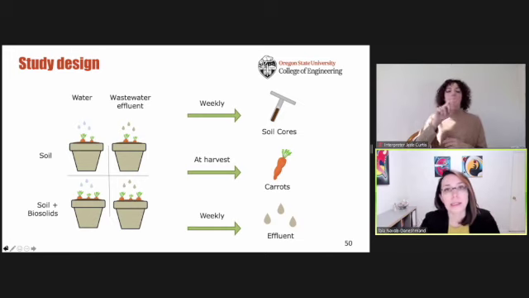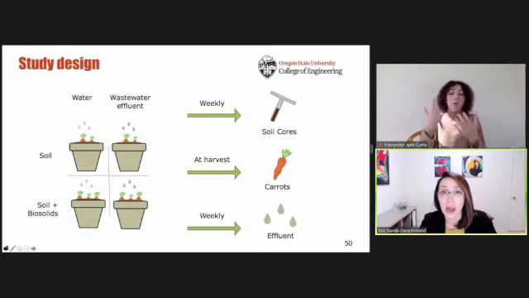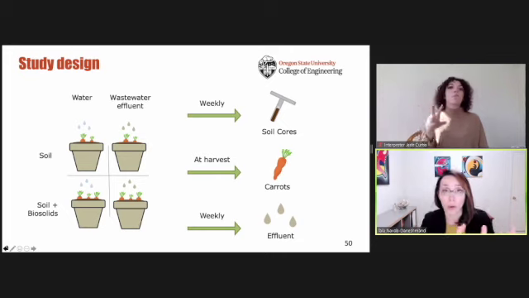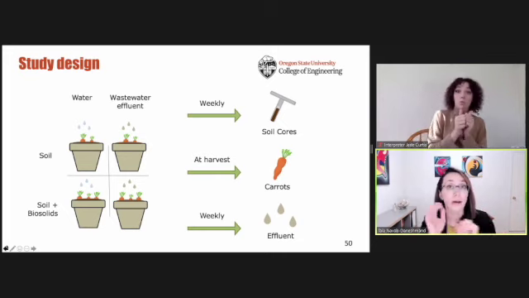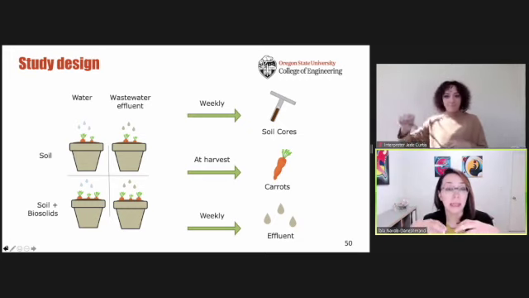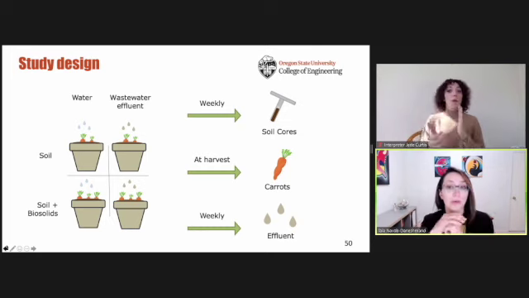To address these gaps, we performed a study in a greenhouse setting at Oregon State University, where we had these 2-gallon pots and we planted carrots from seeds. We watered some groups with water and some groups with wastewater effluent. We added soil amendments in terms of biosolids to some groups, and we continued the study for 11 weeks